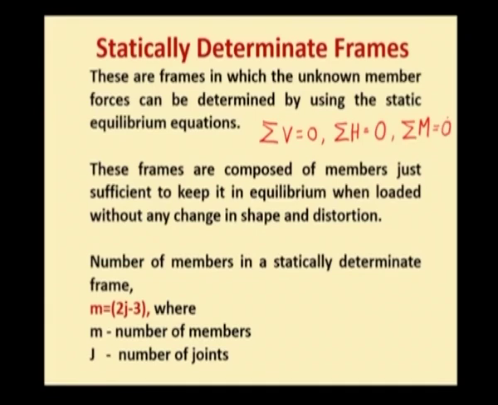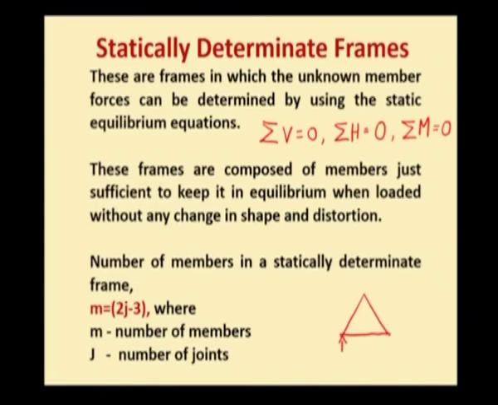So, sigma V equal to 0, sigma H equal to 0 and sigma M equal to 0 are the 3 static equilibrium equations. So, in case of statically determinate frames, the unknown member forces can be determined by using the 3 conditions of equilibrium. Now, in case of a truss,